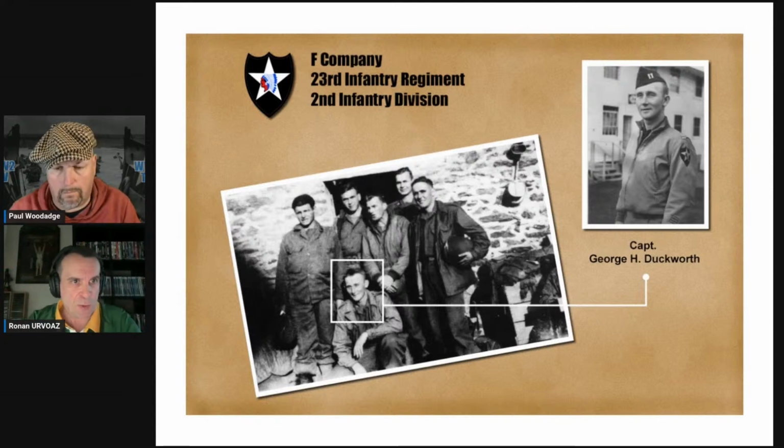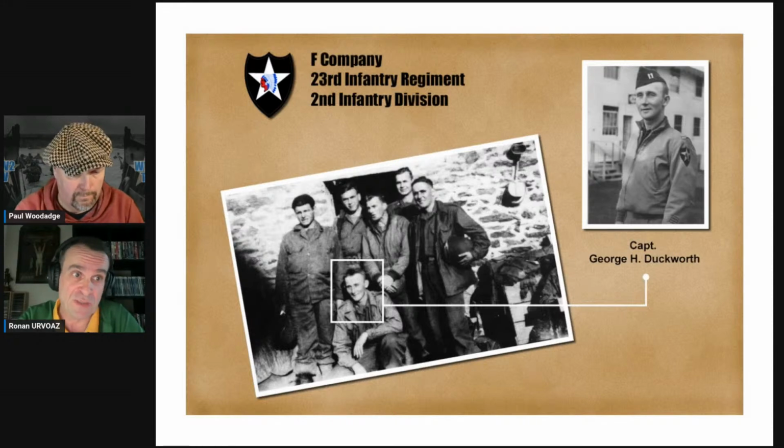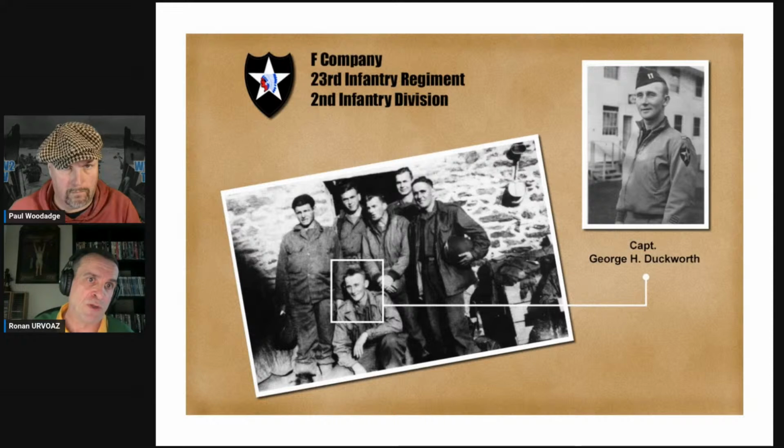All were like a typical college football player, 6-footer, very, very intelligent frontline officers. F Company was blessed with superb platoon leaders and executive officer. They were very close to the men, and these pictures were taken just after the Battle of Brest, because the man standing with his helmet is a replacement. He just arrived after the street fighting, because one of them was wounded, but he's back. He was slightly wounded in the cheek, but these guys were tough. So if you move on to the next slide,